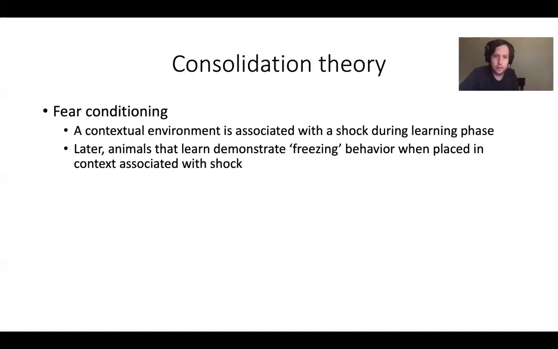So the way that this has been studied in laboratories, or one popular way, is with fear conditioning, where the rat learns an association between a shock that the animal receives and the experience of the shock in a specific contextual location, like cage number 1 compared to cage number 2 compared to a third cage. So you have 3 different cages. One of those cages, when the rat is placed into it, they get a shock every time. The other 2 cages, when the rat is placed in the cage, the rat does not get a shock.